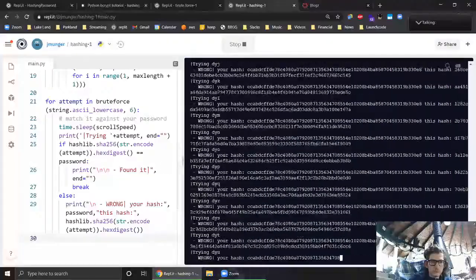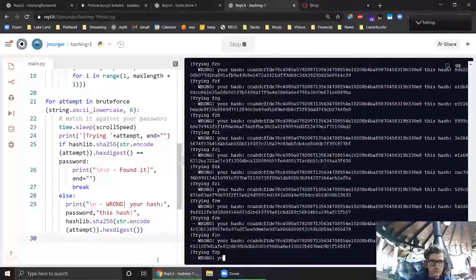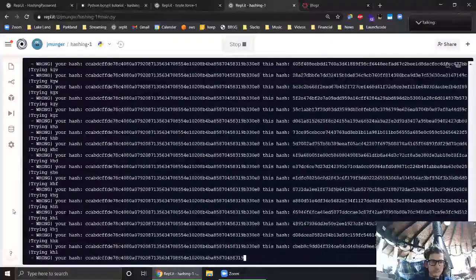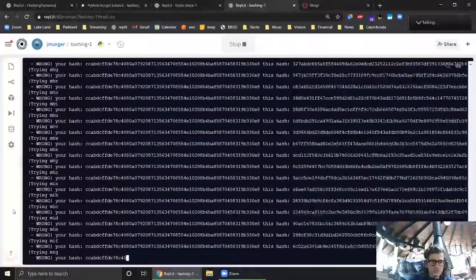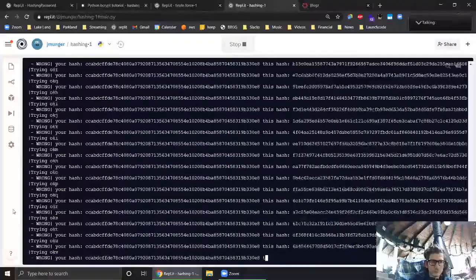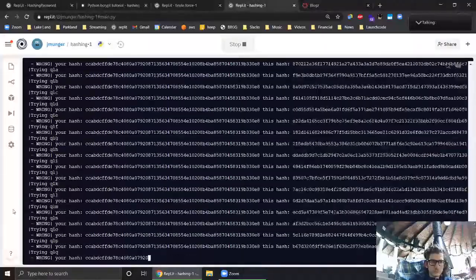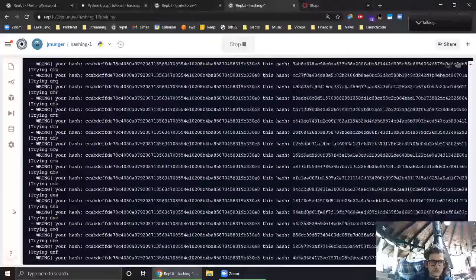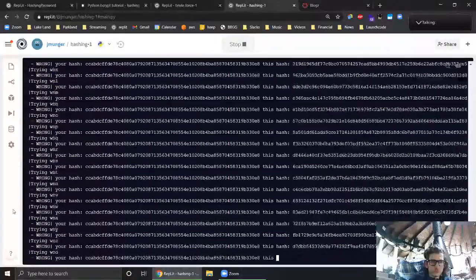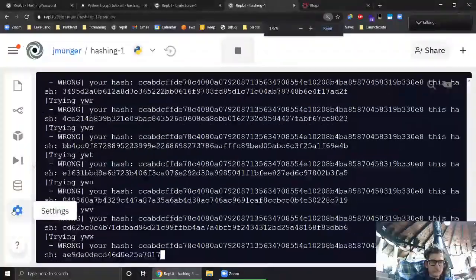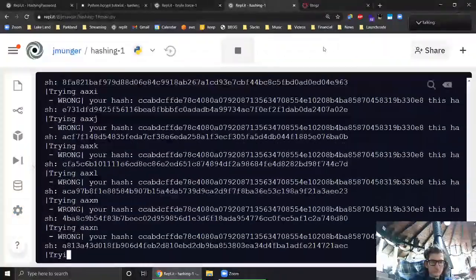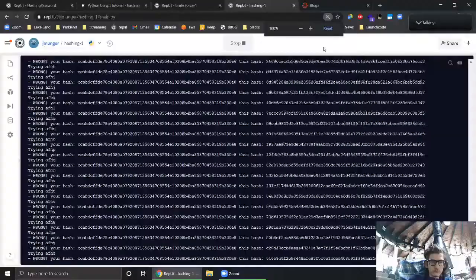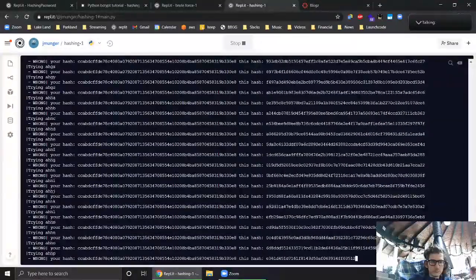So we can kind of see what's going on down here. Right now we're in 3-letter passwords. There we go. You can see it a lot better. So it's J, K, L. You can see it takes a second or two for each letter. I guess we can zoom in here. And normally, you wouldn't be printing this out. I'm printing it out just for demonstration purposes